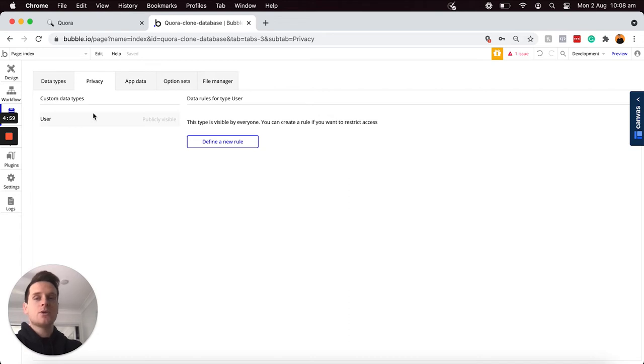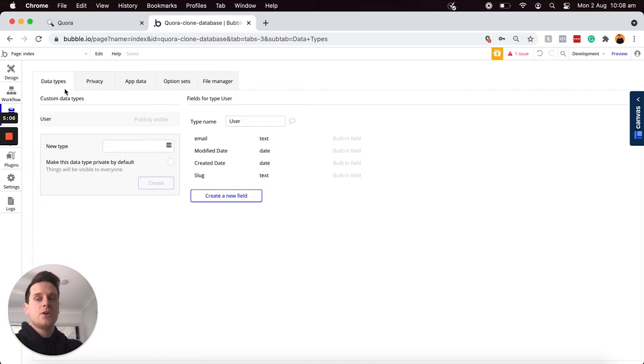One thing I will also just note is that if you jump over to the data types tab again, you can now see that our user data type is publicly visible. But when you're creating a new data type, you'll just need to double check that this box here isn't ticked. So when this box is selected, it adds the same privacy rules that we had just deleted from our user data type onto any new data type you create. And that is not the experience we want to replicate. So I'm going to unselect that and make sure that that is unselected at any time that I create a